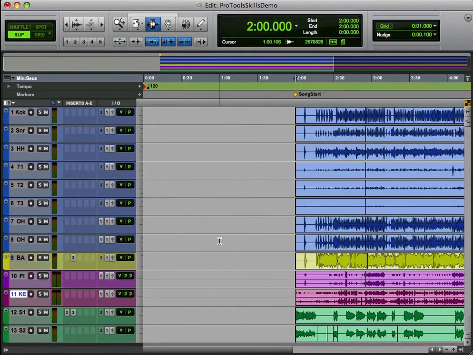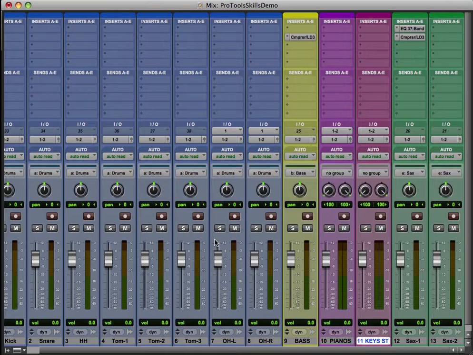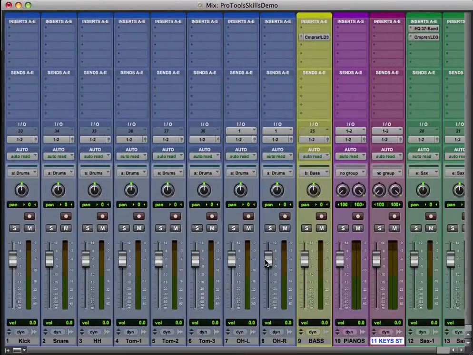Then we need to set levels, so you can go ahead to the mix window, which is Command equals. If you're already in wide faders, that's fine. You can go to narrow faders, Command Option M, toggles wide and narrow faders. I'd say go ahead and do a pass, set your levels to about where you like it,